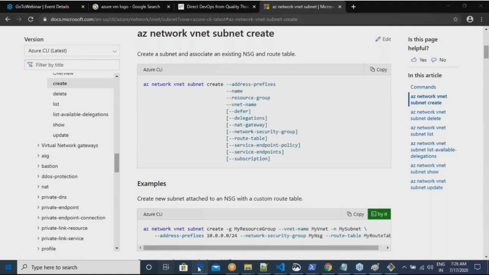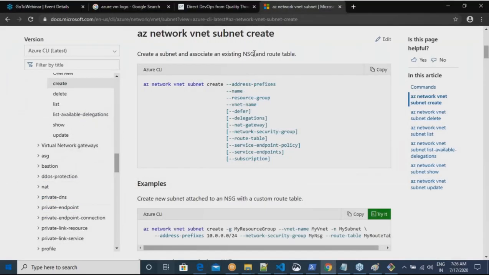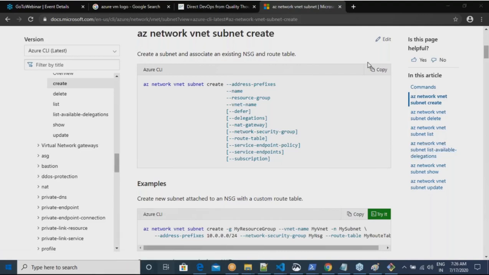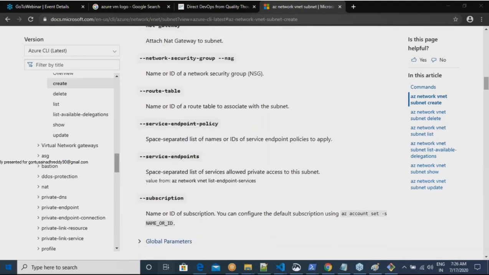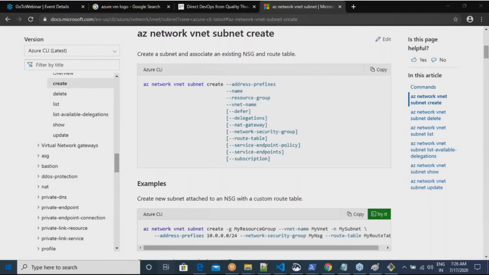For the people who say that I have not installed CLI, just click on the symbol. Cloud Shell, you will get a CLI on the UI itself, right? But I don't want that. I have asked you guys to install Azure CLI and Azure PowerShell, and I would expect that you have done that. You have to write 4 subnets. There are examples also. If you look into this, there is an example. There is a description on every parameter over here. What is this parameter used for? And then there are different commands, right?